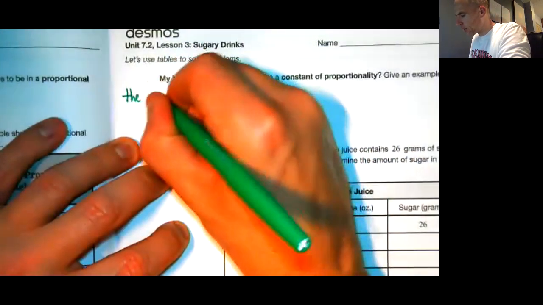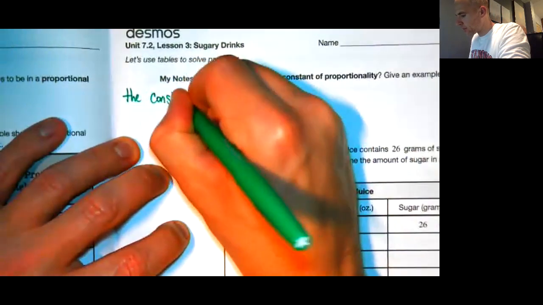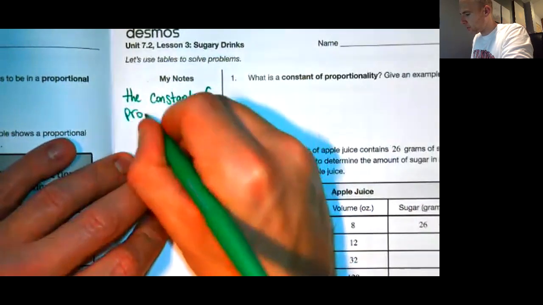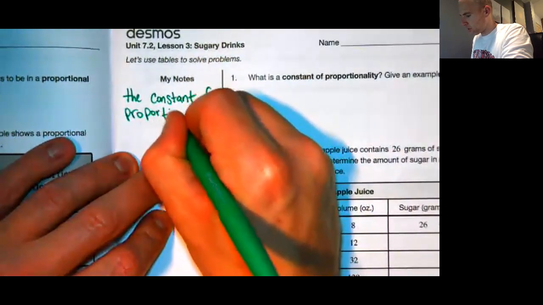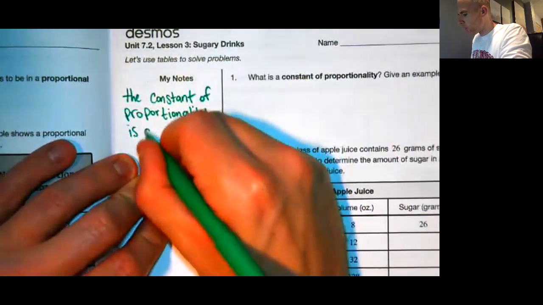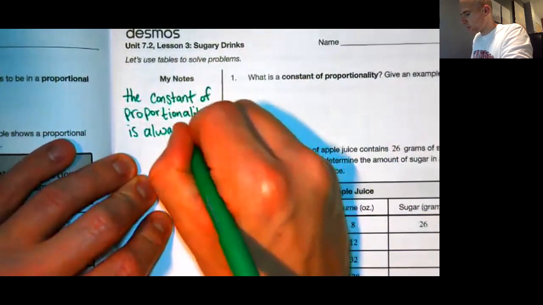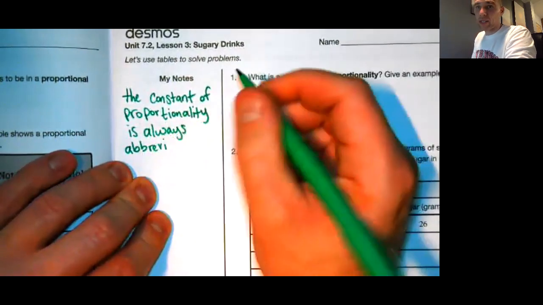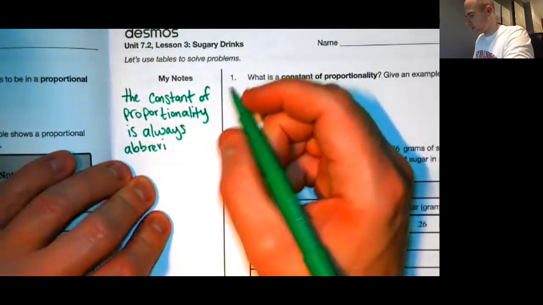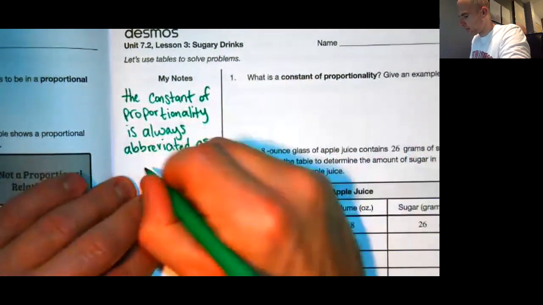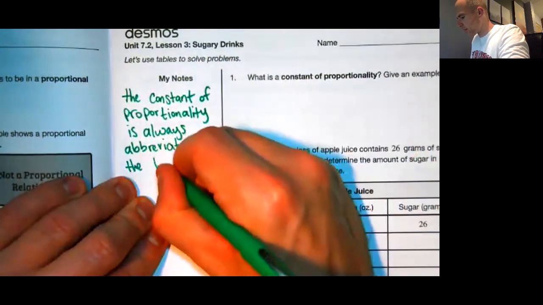The constant of proportionality is always abbreviated or represented as the letter